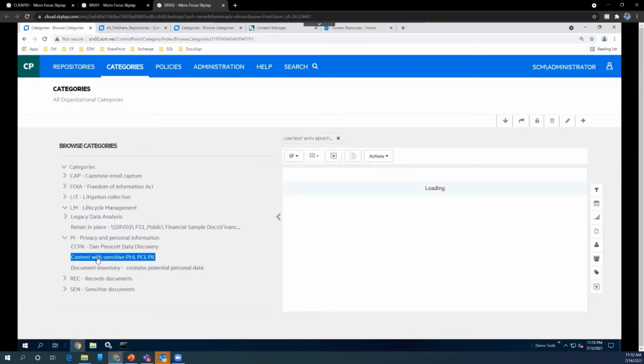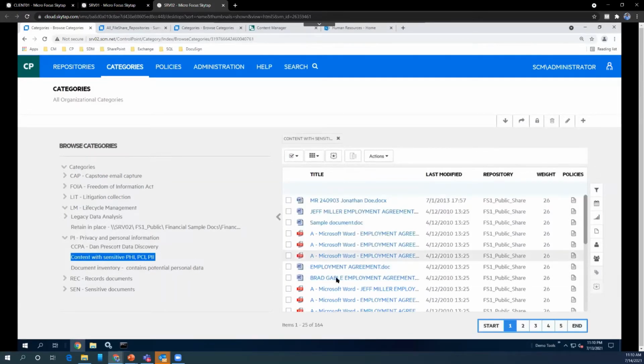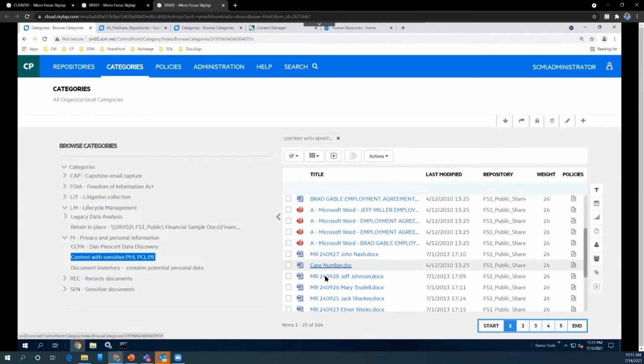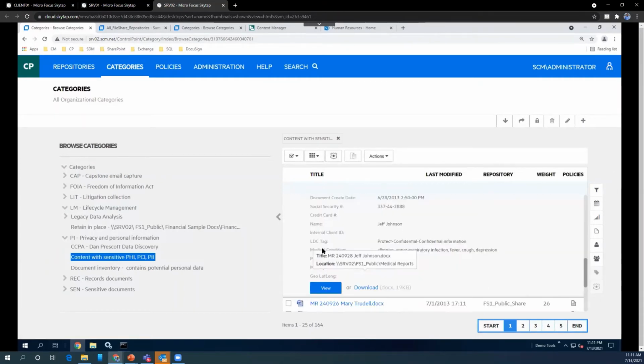So let's say I go and see what all these documents are. If I see this document, it tells that this document has a name, it has a social security number, it has certain medical conditions, which have been identified as sensitive information. So that's why this document has been categorized as sensitive.